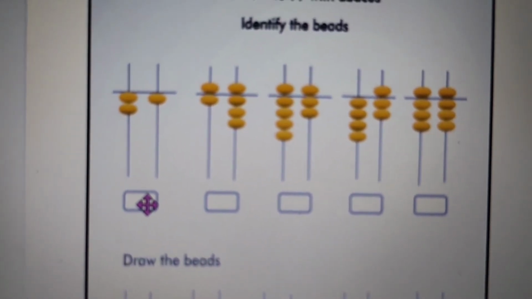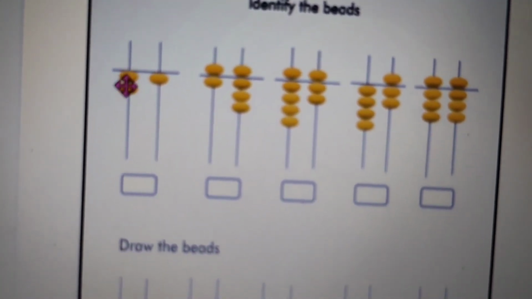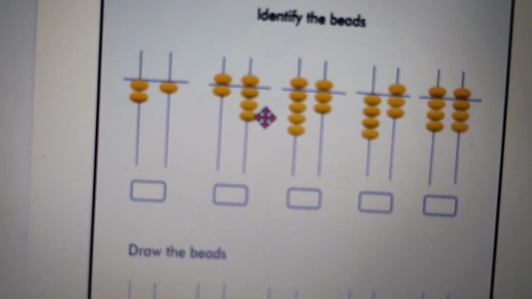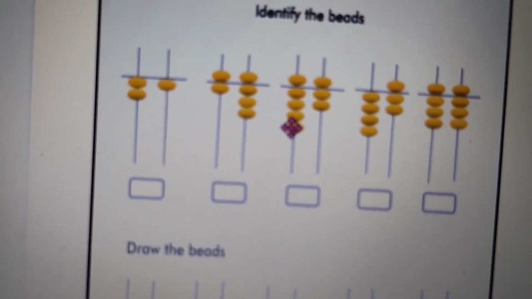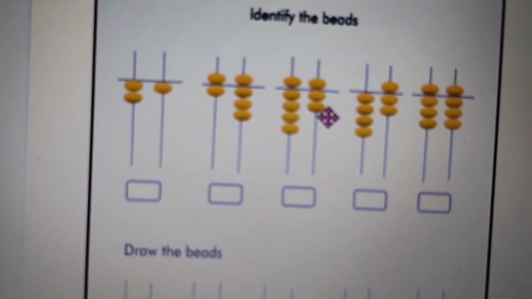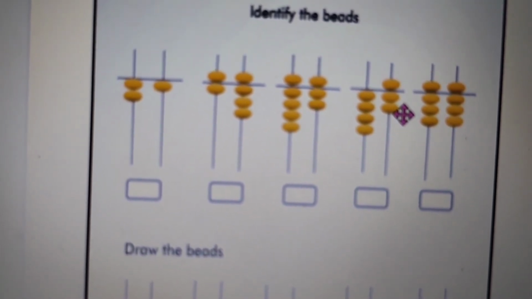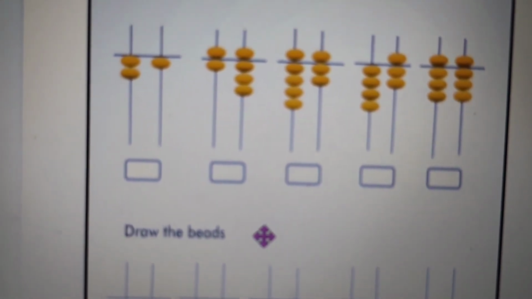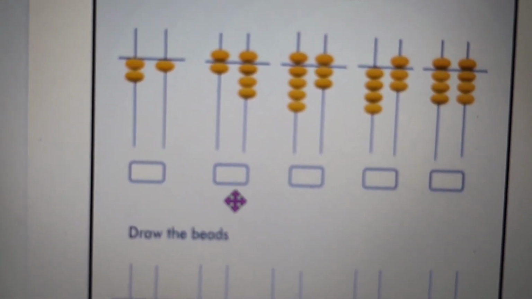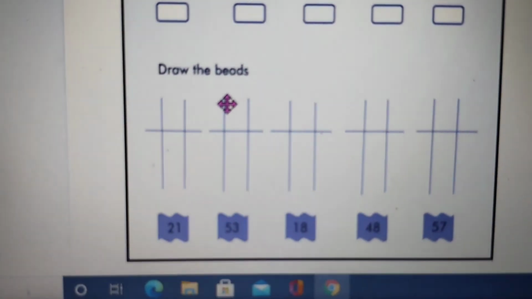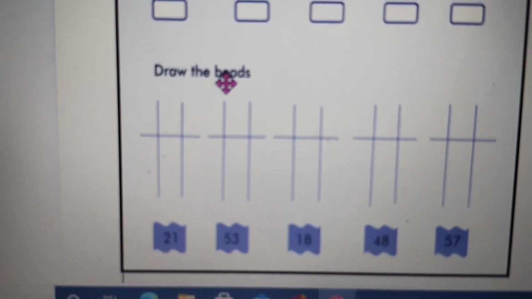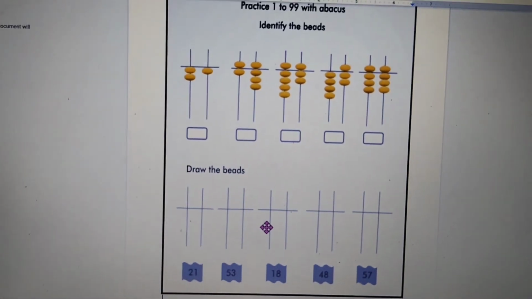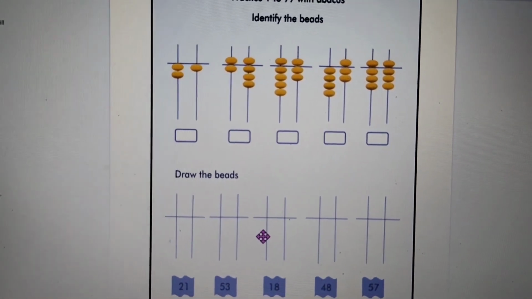You can take a print of this worksheet and do it, like it's 2 1, 21, 6 9, 69, 9 7, 97, 4 7, 47, 9 9, 99. Now here the beads were made and you have to write the value, and in this it's the other way around: the value is written and you are required to draw the beads accordingly. So do this worksheet during the week, take a print and do it.